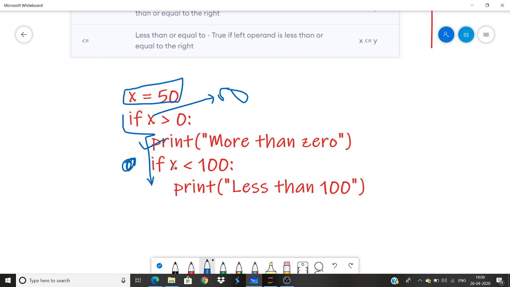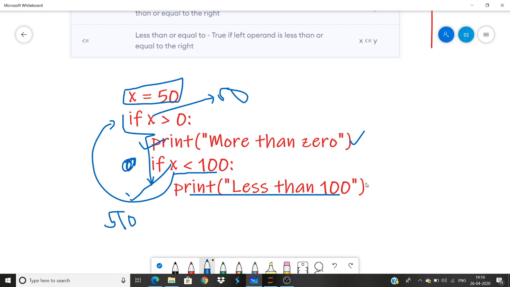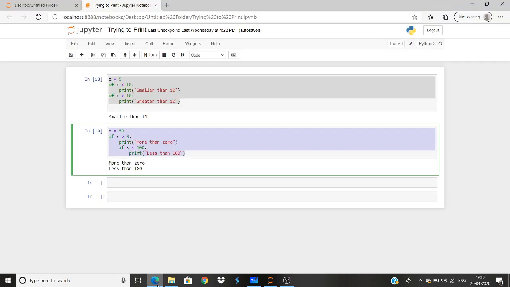So this statement will also be part of this if only. So again, it sees, okay, if x is less than 100, then it will be less than 100, which, as x is 50 over here, we can see, obviously it continues to be less than 100, hence it prints both these statements. This concept is known as nested if. Now what we've studied so far, if and nested if, these are actually nothing but one-way decisions.